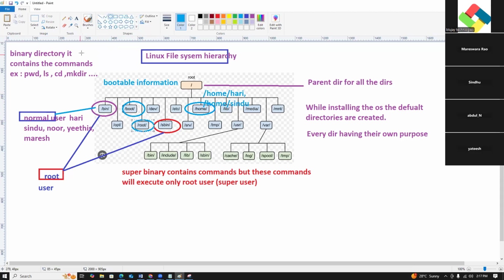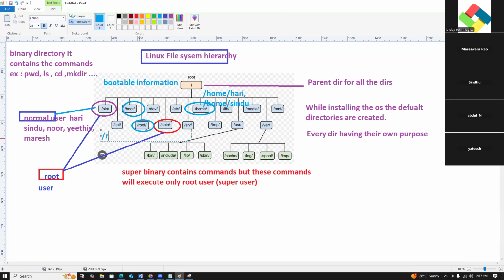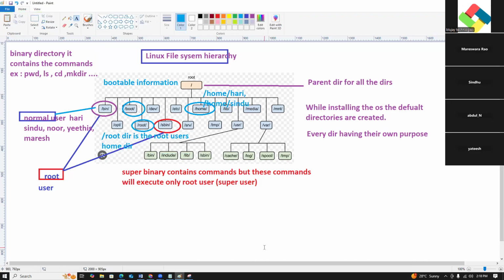Slash root is the root user's home directory.